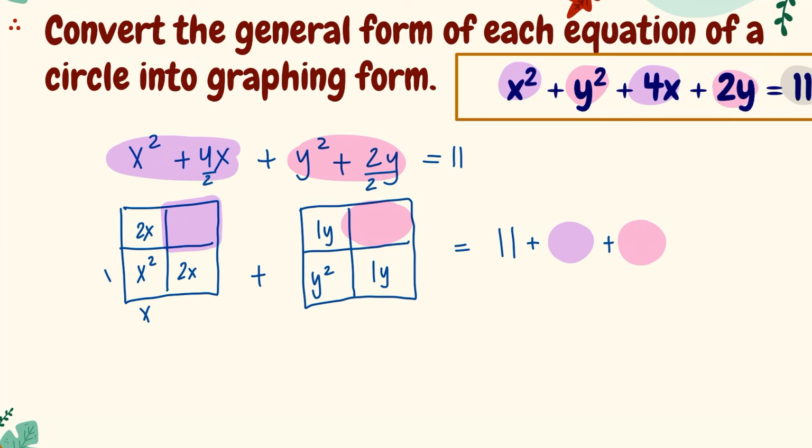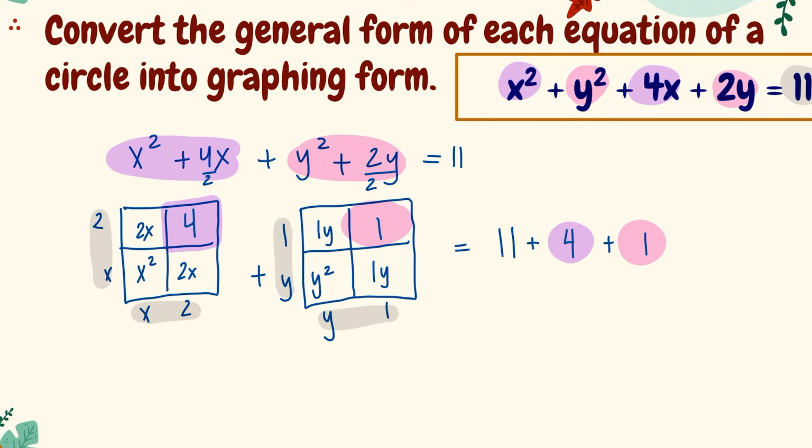So the easiest way to go about this is just label the outside first, so that when I multiply 2 times 2, I get 4, so I'm going to add 4 to this side. And then I multiply 1 times 1, I get 1, so I add 1 to the other side. So now, after I do this, I'm going to gather the numbers from the outside to create the perfect square